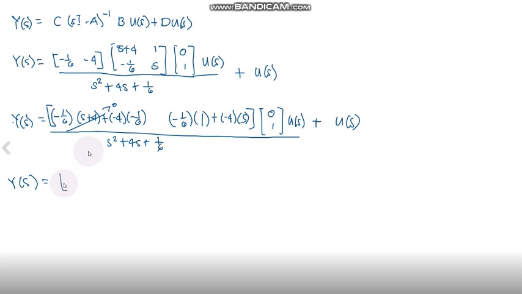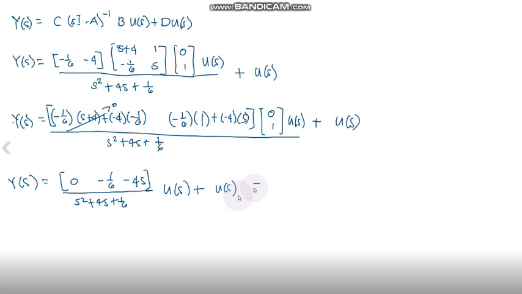Because again, we multiply this times 0 plus the whole of this times 1. So negative 1 over 6 times 1 is negative 1 over 6. And then negative 4 times s is negative 4s. And then copy the denominator. And of course, the U(s) plus